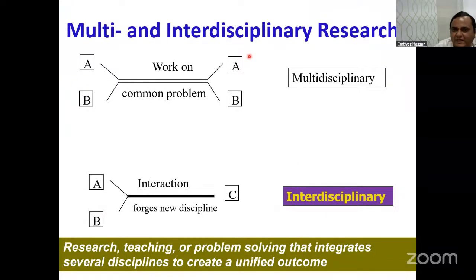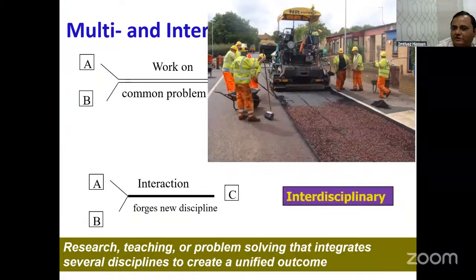If you have one work and many people have to come together, it's called multidisciplinary. For example, if you have to make a road, people from different disciplines come together and develop it. People from electrical engineering see how the electric wire should go there. A civil engineer sees how the pipeline will go, and ultimately the road constructor. So it is a combination of different people working together to achieve one particular objective.